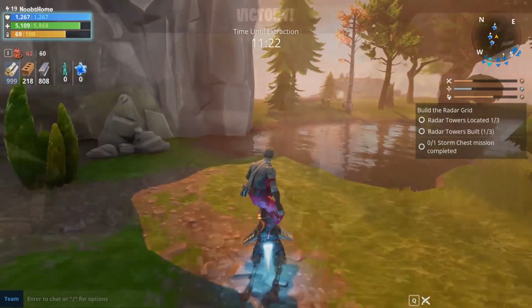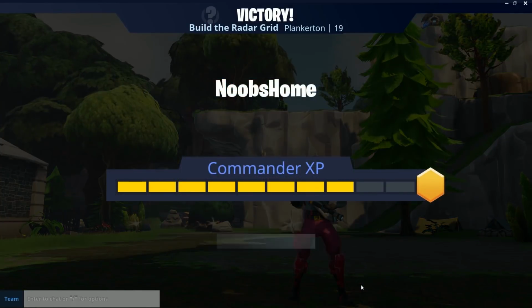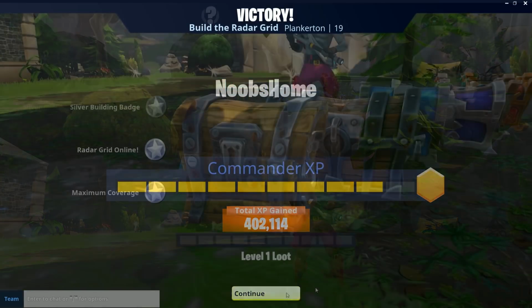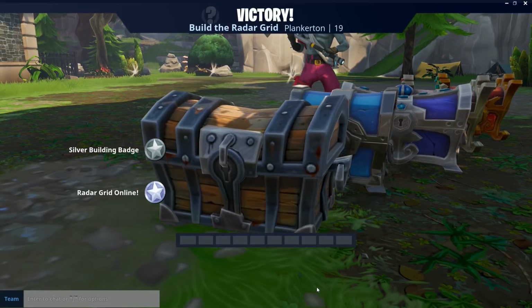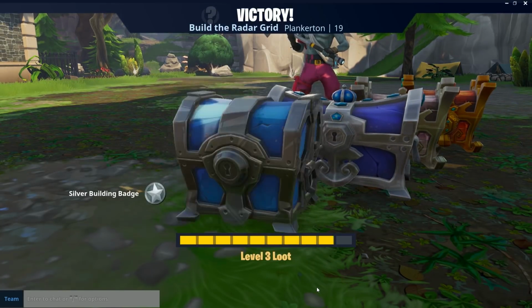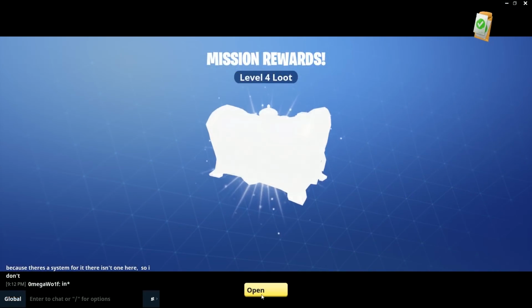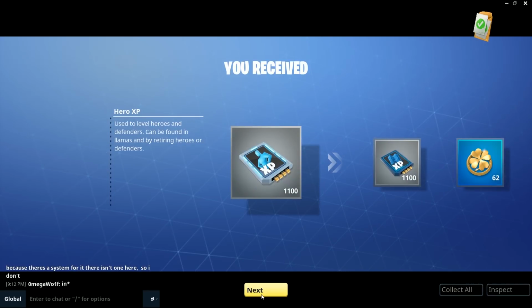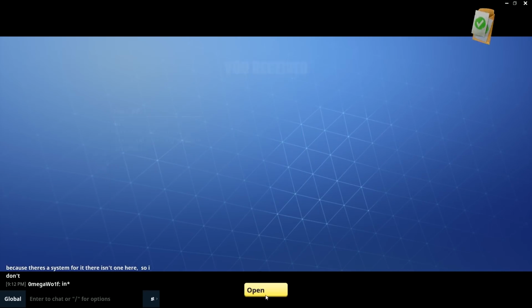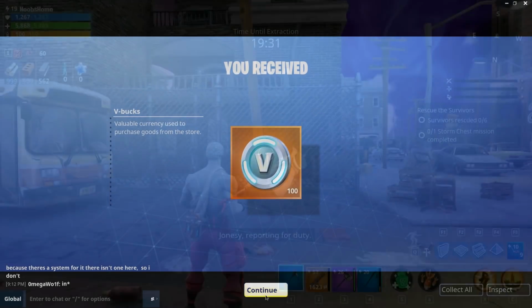So I feel this was a really well developed, well designed part of the event as well, because we had fun while scouting the map and doing the things that we normally enjoy in the game. And for me, as you can see, it was a build the radar grid. So surprise! I tried to do one of those for a change. So raking in loads of these different mission reward things so that I could level up things. Completed My Name Is, got another 100 V-Bucks, leading us to the last mission